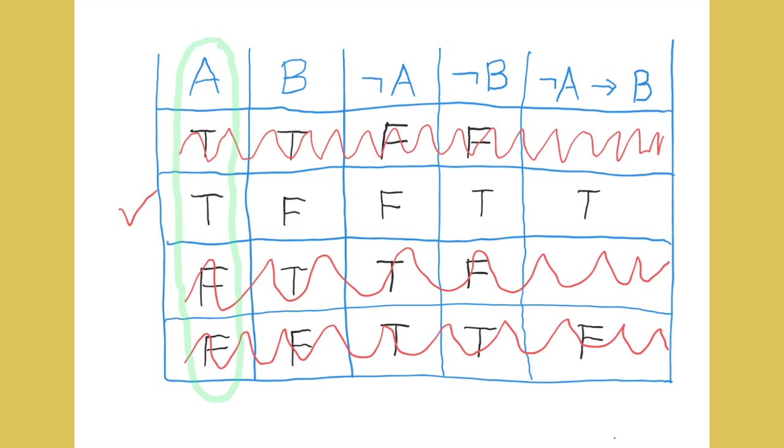Therefore, as long as at least one row remains in consideration, and in all of those rows remaining in consideration the value of this first column is true, then this truth table proves that reverse proofs are indeed a valid pattern of reasoning. And it does turn out that the second row in this truth table is the only one